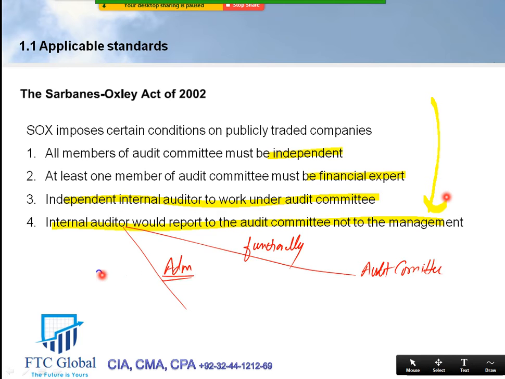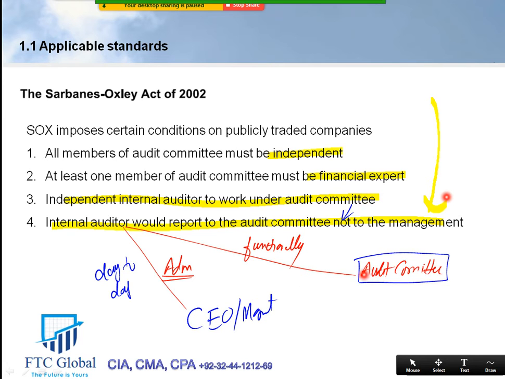Administratively means day to day. Our day to day reporting is to the Chief Executive Officer and management. Don't forget that. We report to both. So this is something misleading. Don't go by this. We report functionally to the audit committee as a function of the internal audit,